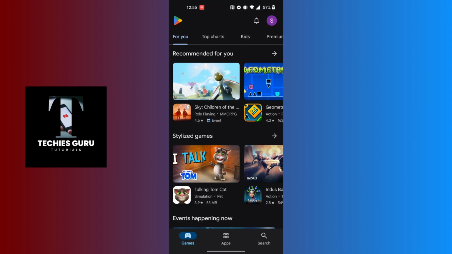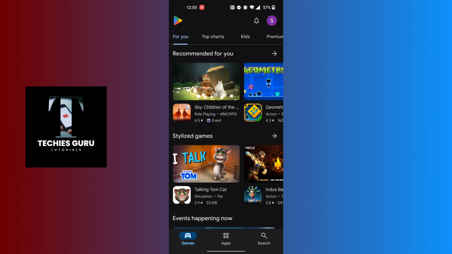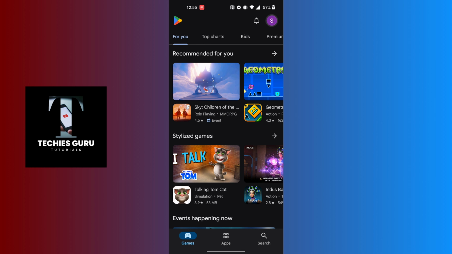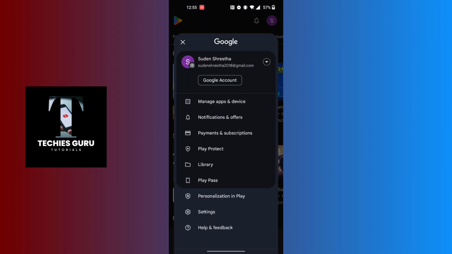And after opening your Play Store app, guys, on this interface at the top right corner of the screen, you can see your profile picture icon available for us. Tap on your profile picture icon at the top right corner of the screen, and this kind of interface will